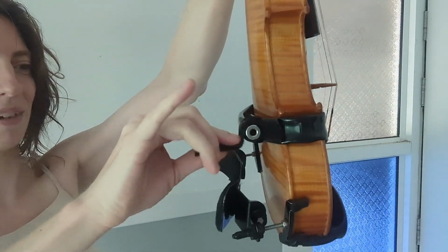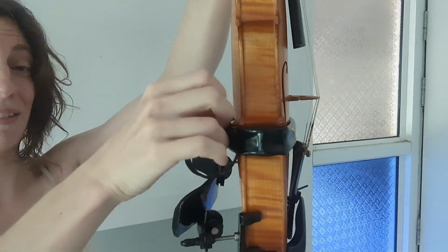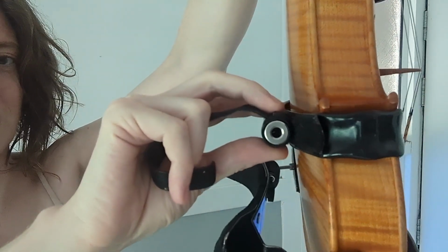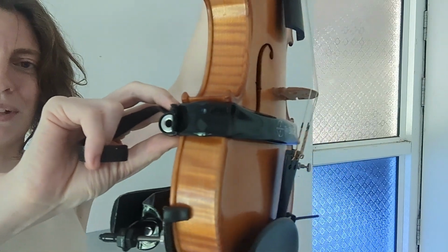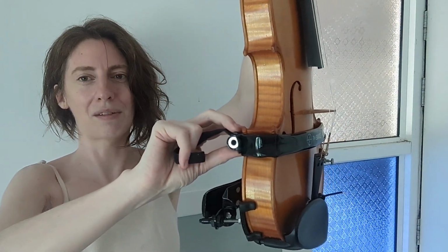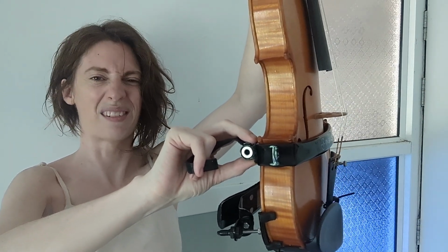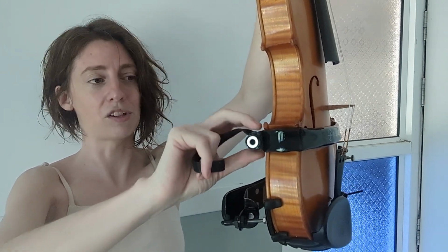Gosh, you're going to hear some of my embarrassing technical language now I've started talking technical. I still call leads wires, have done since I started music, can't stop it. So the wire goes in this hole here, and then you just plug it in either to an amp, or directly into a PA system, which I wouldn't recommend because you can get a better sound if you just use maybe one intermediary pedal. I like the Fishman products because they are really high quality and the reverb is really good as well. So if you want acoustic amplification, Fishman is probably the best, which leads me to the next